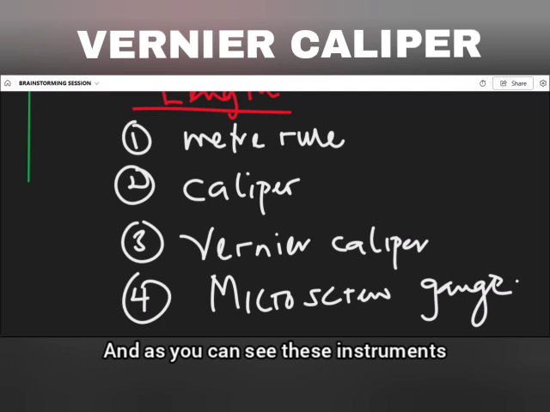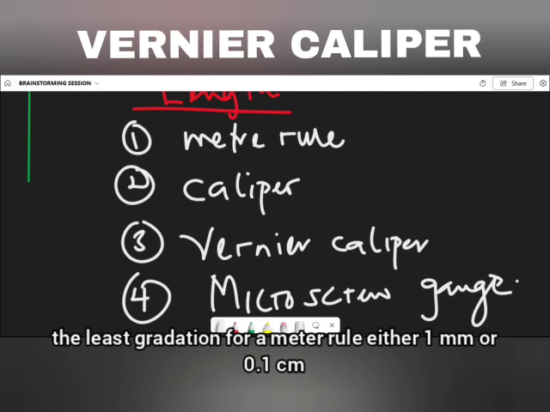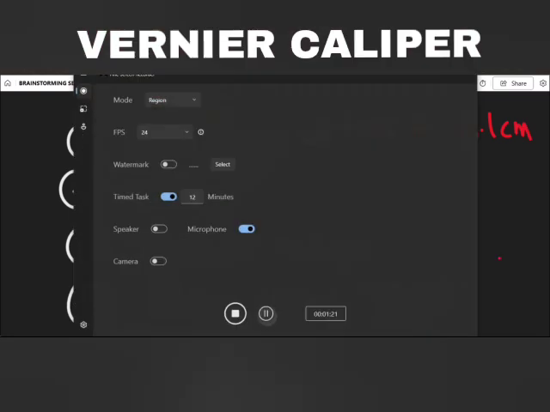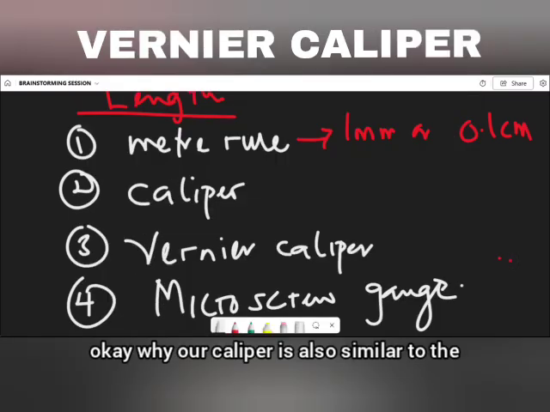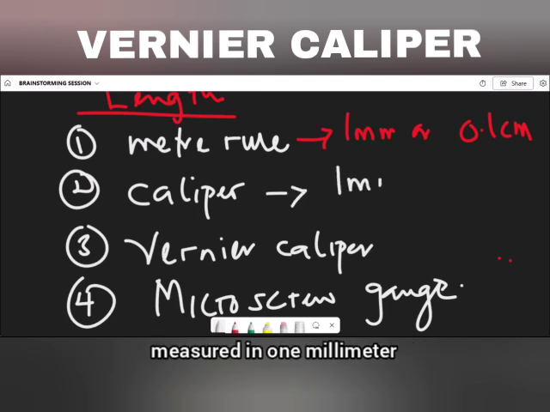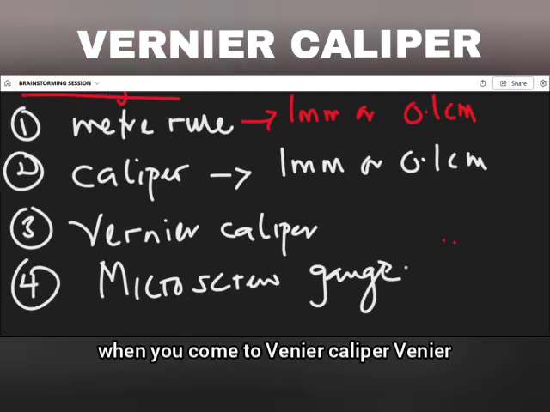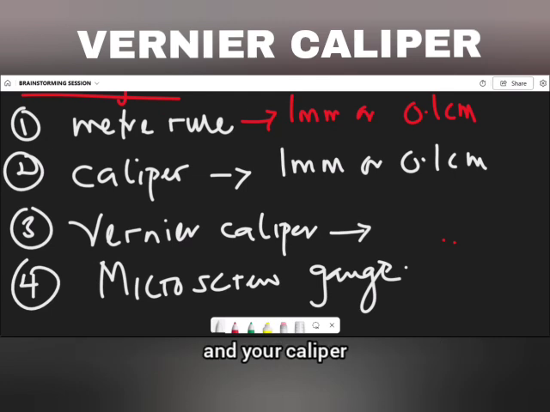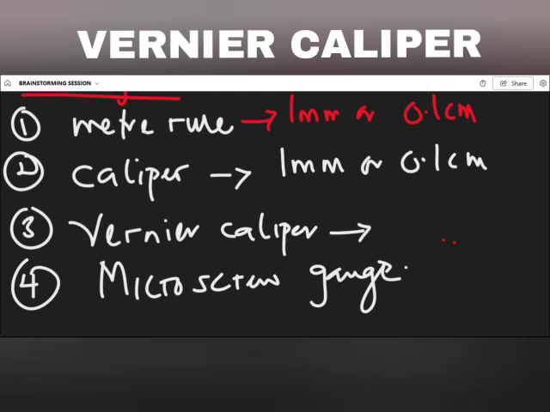And as you can see, these instruments are graded in different units. For instance, the least gradation for a metal rule is either 1 millimeter or 0.1 centimeter, while our caliper is similar to the same unit we have for our metal rule. Caliper is measured in 1 millimeter or 0.1 centimeter. Now, when we come to the Vernier Caliper, it is more accurate than your metal rule and your caliper. That means it is measured in